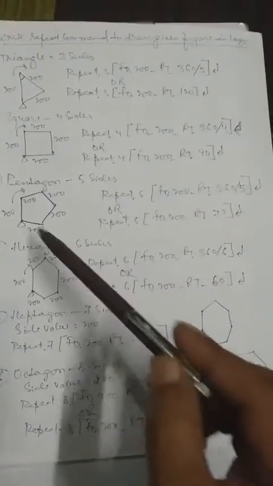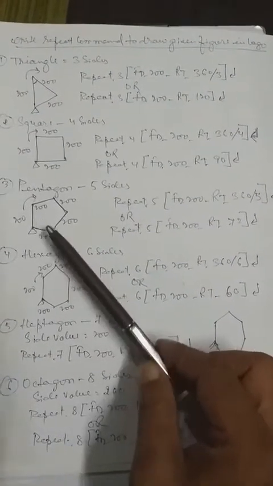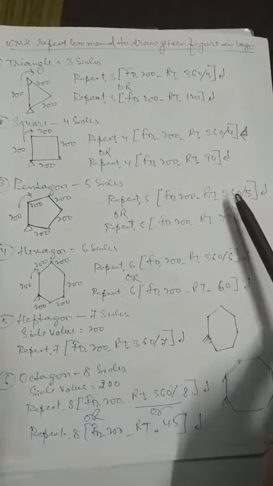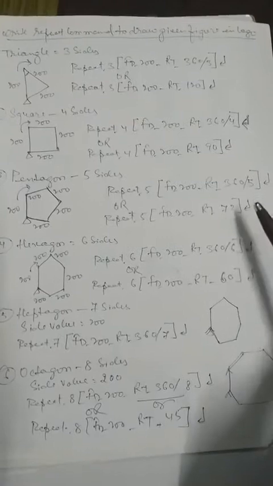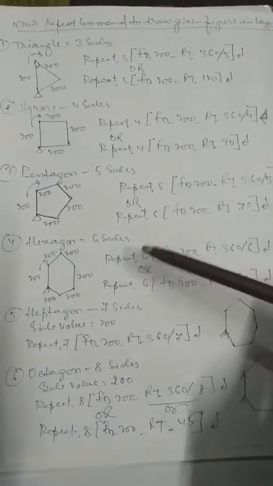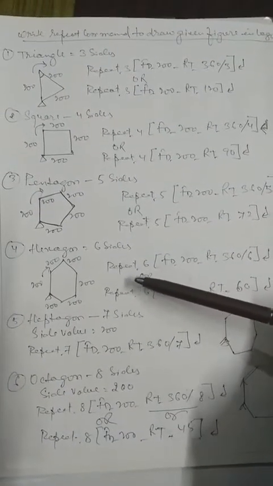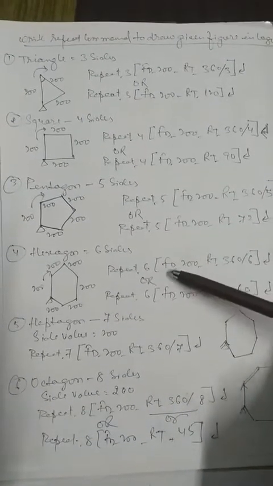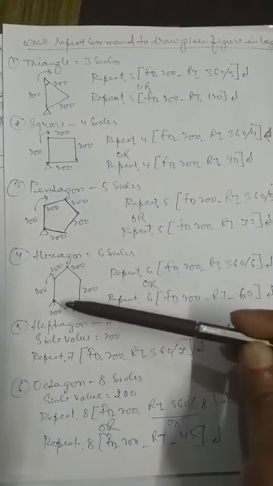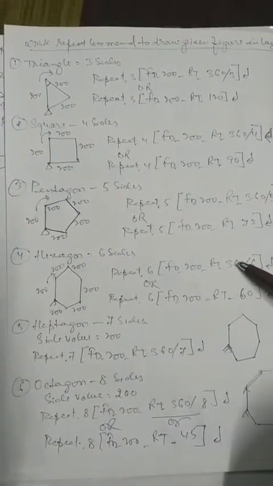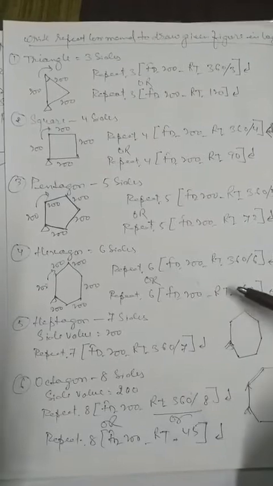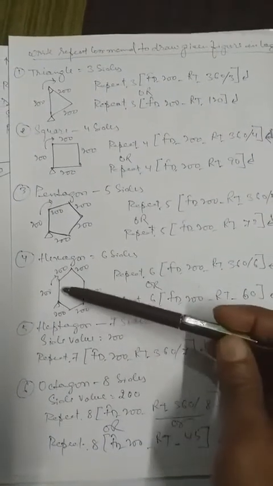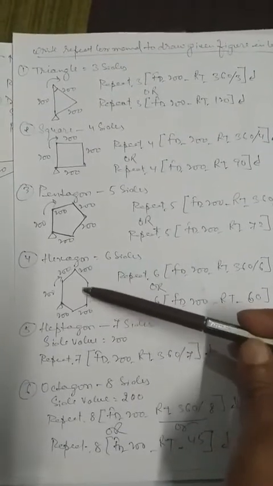In the pentagon I told you there are 5 equal sides. So 5 turns are also here. So you will write repeat 5 FD 200 RT 360 by 5, or instead of RT 360 by 5 you can write RT 72 also. In the hexagon there are 6 equal sides. So to draw this hexagon you will write repeat 6, side value FD 200, under bracket you will write FD 200 and the turn is right side, so RT 360 by 6. Instead of RT 360 by 6, if you do the division, you will get 60. Means after drawing one line, my turtle will turn 60 degrees on each turn.